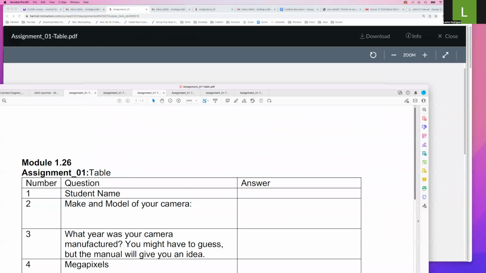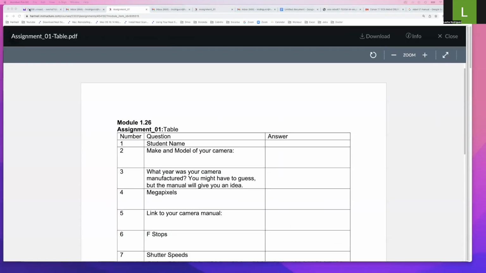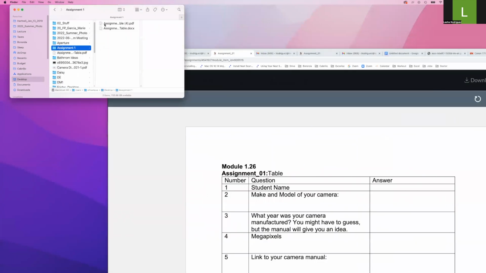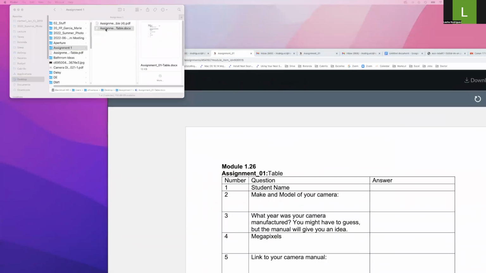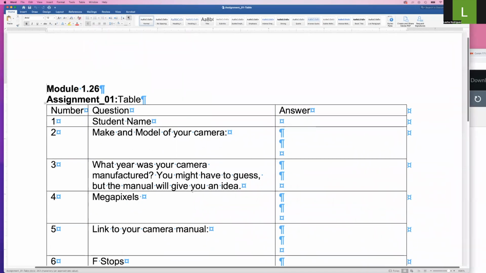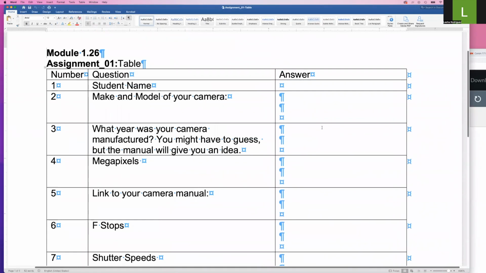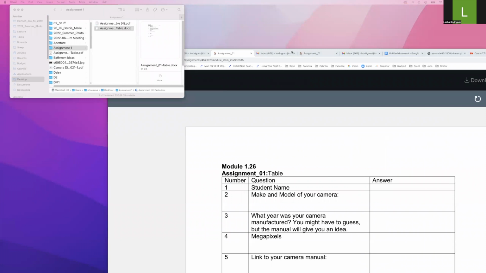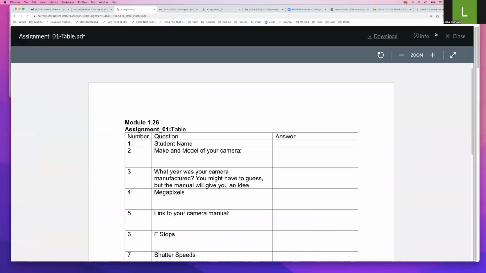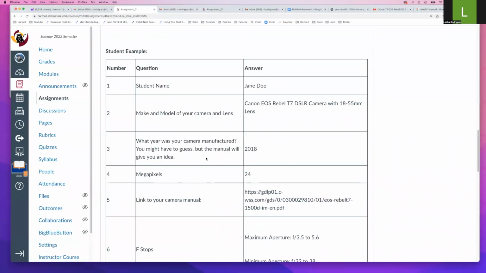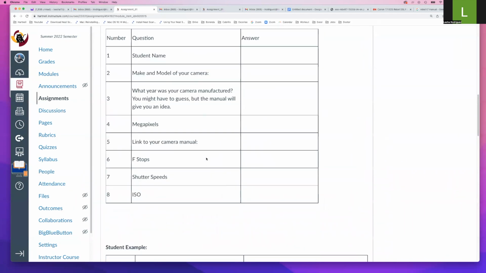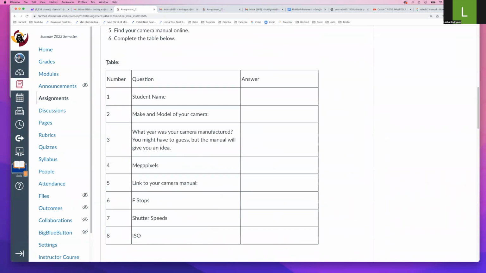Now the first download that we had was a .doc file, which is this file right here. And it's editable, but you have to have Microsoft Word. Now, what do you do if you don't have Microsoft Word? Not to worry. Let me close this. All you have to do, and I'm working on a Mac, by the way, is I'm